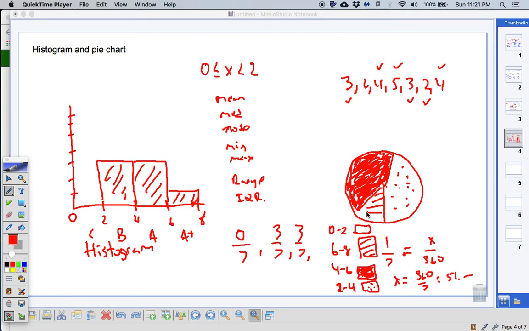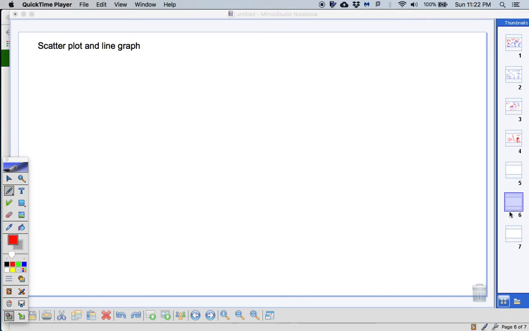So that's how you make a pie chart. So a pie chart and a histogram are actually very similar. They tell you the same information. It's just a representation. This is made out of bars and gives you the totals. And this is made out of a circle, and it ends up being pie slices. All right, and then the last one I want to show you right now, and then I'll do the rest of them in a second video,